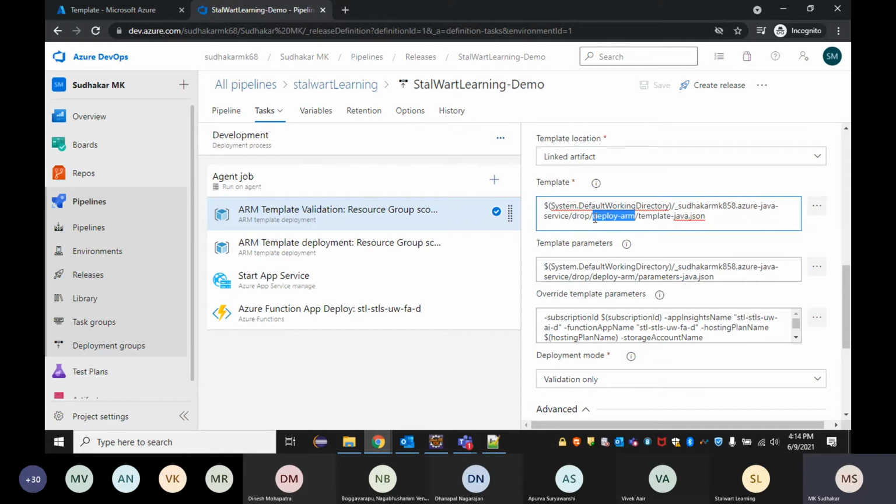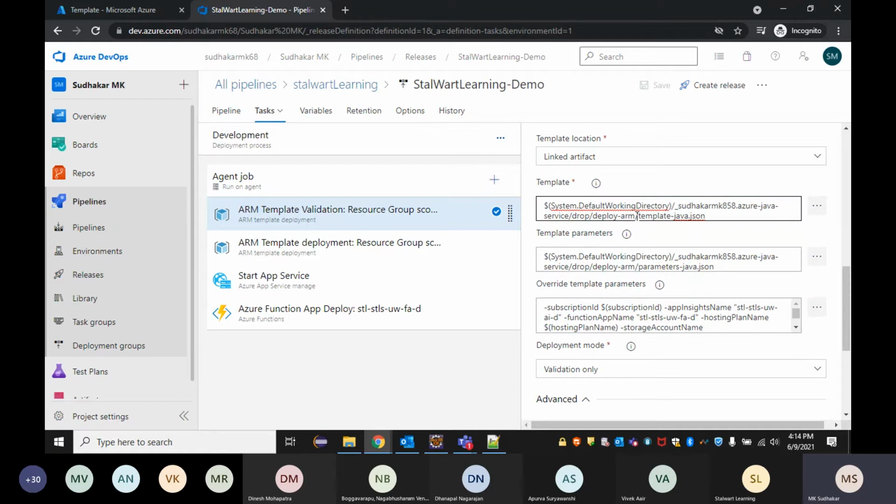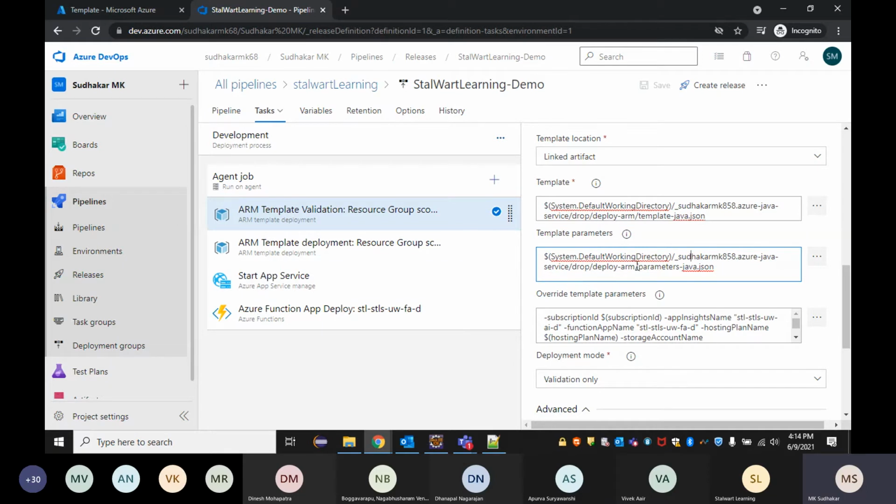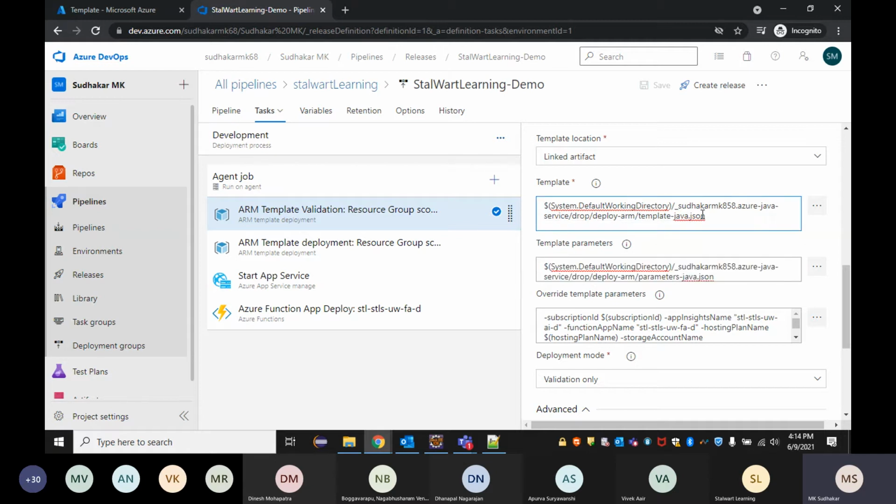Under the drop, I have the deploy ARM template folder. Under that, there is a template JSON, which I need to refer to for my template. And for template parameters, the same path, but the parameter JSON template I need to refer to. So now I'm referring to the artifacts created by the pipeline. Under that, this is my deploy ARM folder, and under that, this.